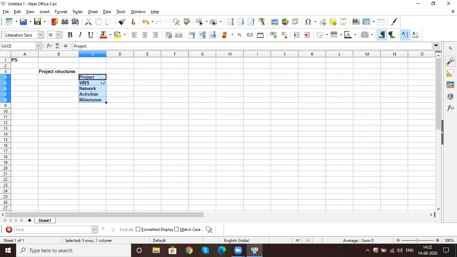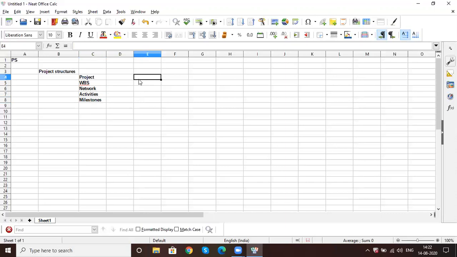Project is nothing but the title you are giving to a project, and WBS element is where you are bifurcating the project into further steps. Network is an assignment or integration to other modules, like SD, or you can assign this for plant maintenance or customer service, or for MM. Activities will tell you what kind of activity you are going to perform, and milestones is the milestone which you are going to achieve.